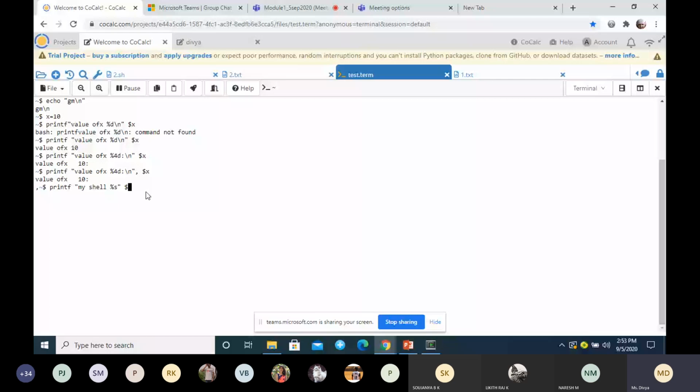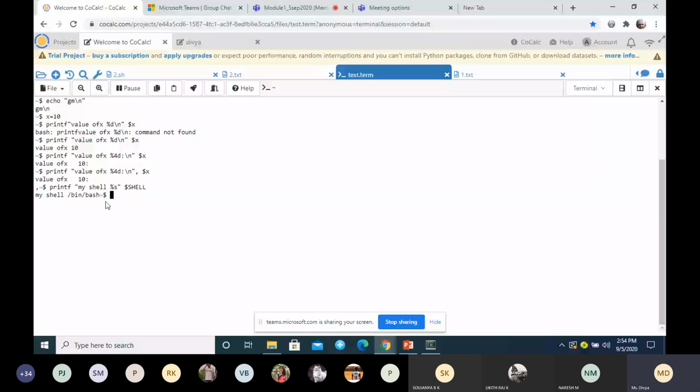So you have studied in the previous session, I have showed you why to use dollar shell. Dollar shell will tell you what shell you are using for your Unix operating system. There are different types of shell, right? So it will show you what type of shell you are using. It will tell my shell is /bin/bash. So you are using bash shell.